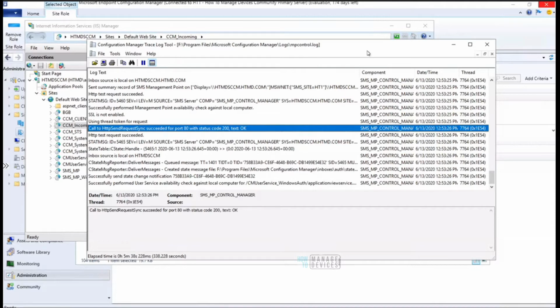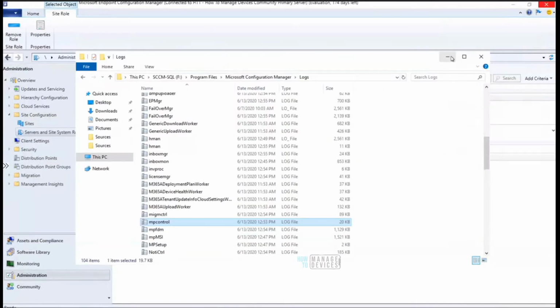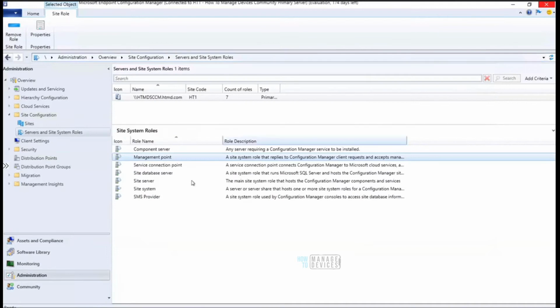Your MP is fine. You don't have to worry about MP. You can go to the next kind of troubleshooting. Okay, so that is MP. Now let's go back and see